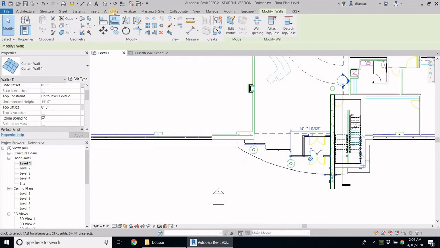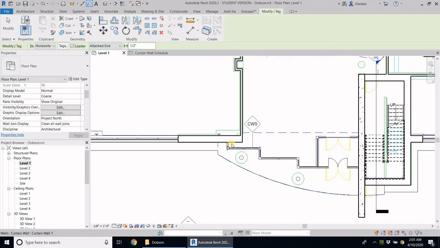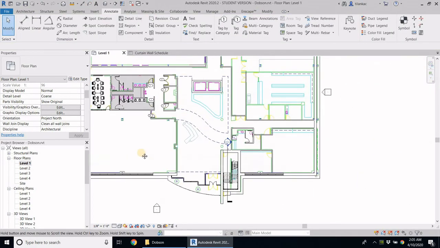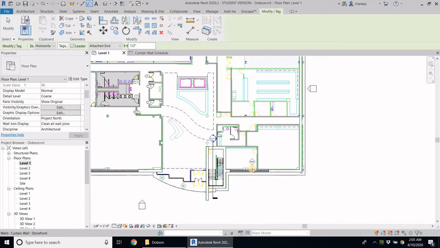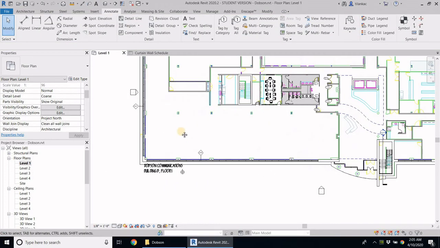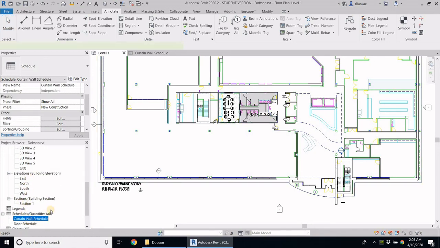Now you can go ahead and add, annotate, and tag by category. Let's see, this is CW5, CW4, CW6, and so on and so forth. So all of those marks are added automatically, and we've added the other glass curtain walls. Let's see if this one got added. Yeah, there we have it. We have a CW3 there. So yeah, that's how you create your curtain wall schedule,